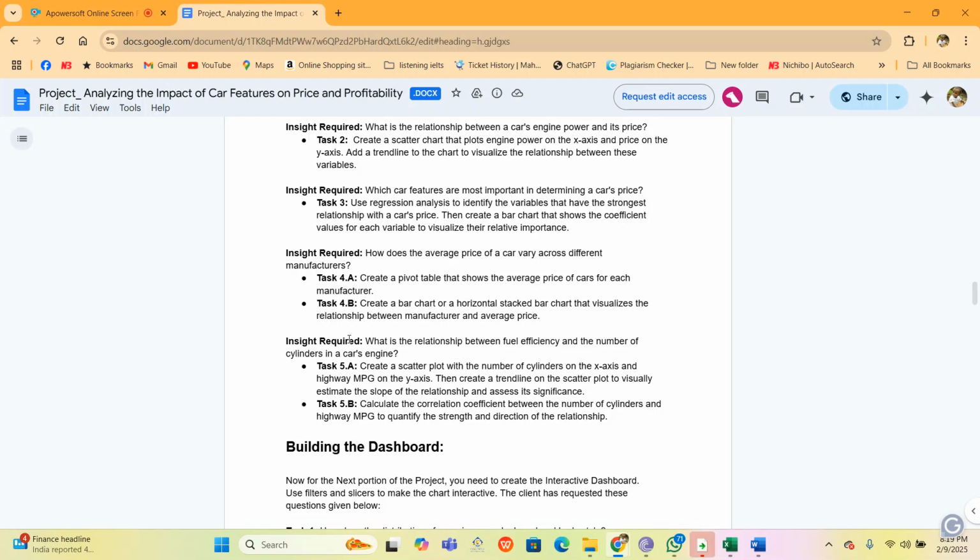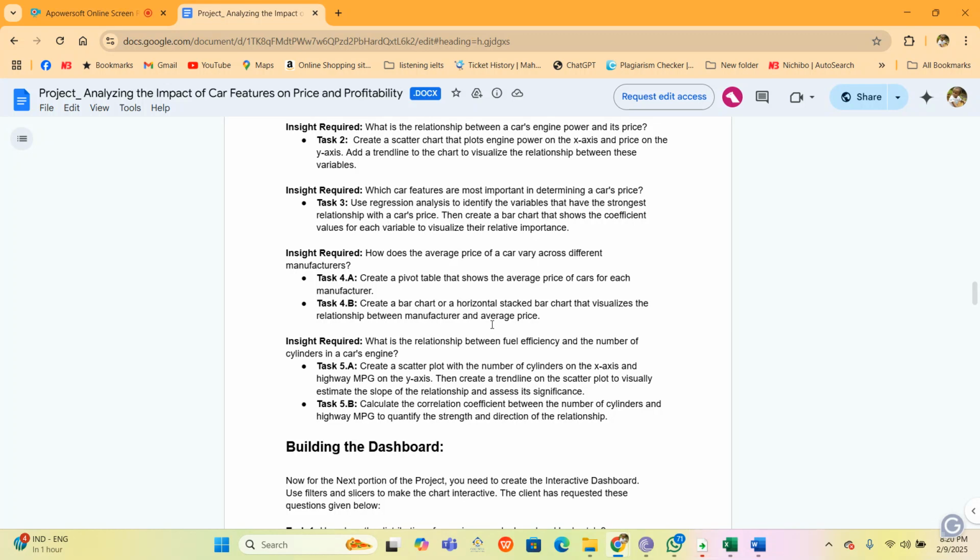This task is asking for the average price of cars of each manufacturer. Okay, and they also asked to create a horizontal stacked bar. They specifically asked for a bar chart or a horizontal stacked bar chart that visualizes the relationship between manufacturer and